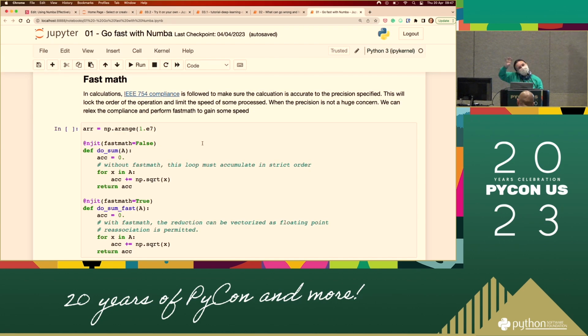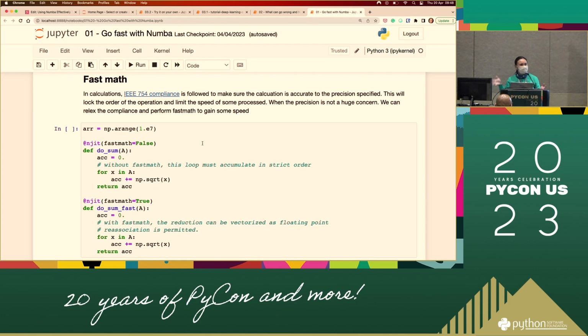Sometimes we don't need all those digits. At the end, for example, when you report your result, you truncate it anyway. So all these digits at the end, you don't really care. So what you can do is use fastmath. You release that compliance. In a very unfortunate case, it may introduce some small error in those digits that you don't care about, but you don't care anyway, so it's fine.